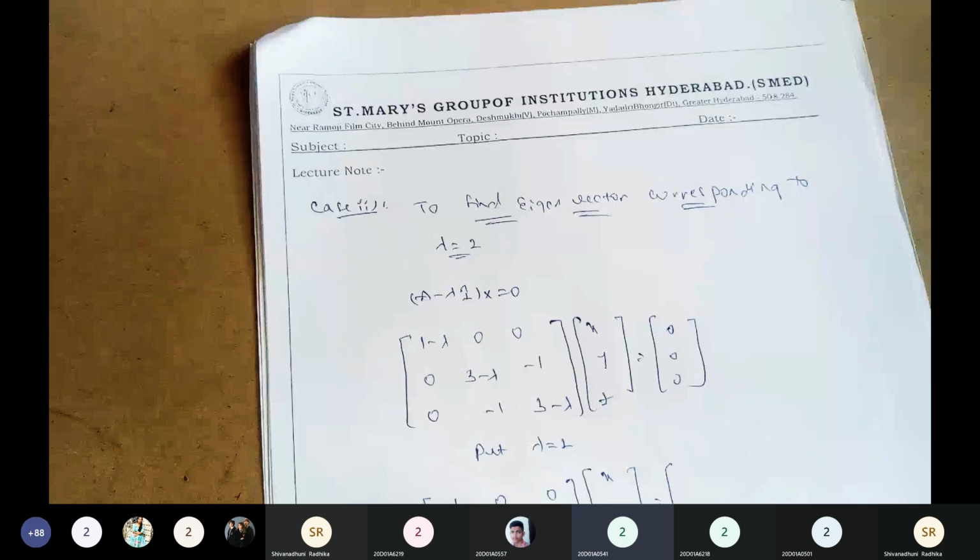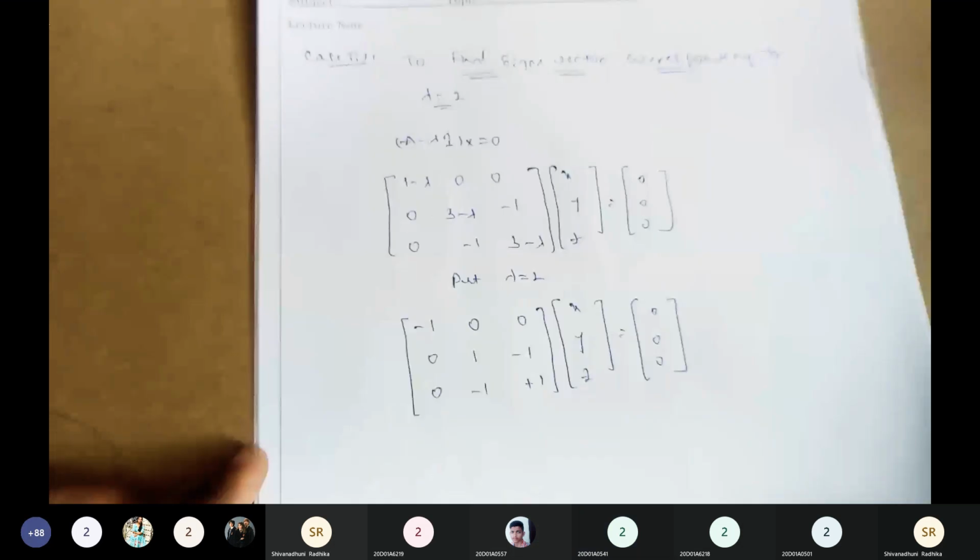Is it clear? Now again, the same concept we have to use. First, multiply the two matrices here. Minus x equals 0. By simplification, what do we get here? x equals 0. Clear? So the first variable value is completed.